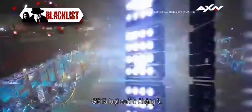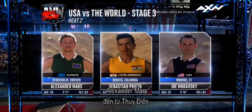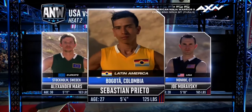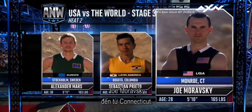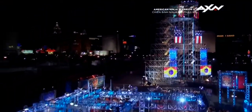And now we're heading into the final heat here on stage 3. For Team Europe, it'll be one of their most experienced athletes, Sweden's Alexander Mars. While Latin America will go with the rookie, the climber from Colombia, Sebastian Prieto. And Team USA's hopes will be riding on their captain, Connecticut's Joe Moravsky. And remember, only the top 2 teams after this heat will move on to stage 4 and climb the tower